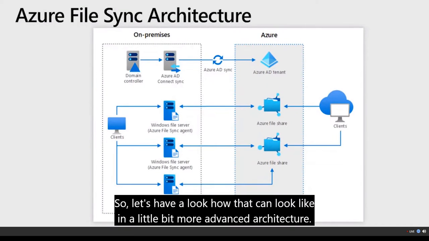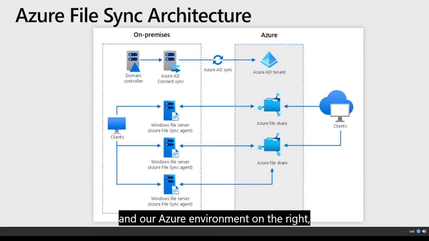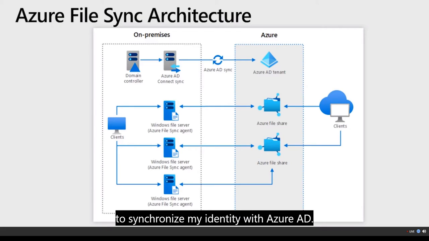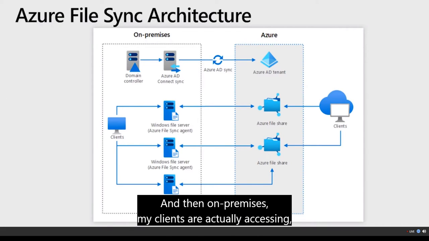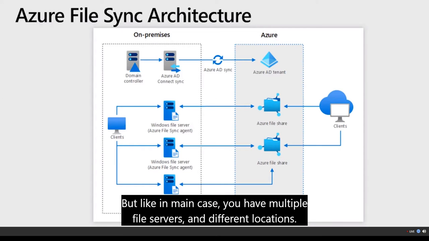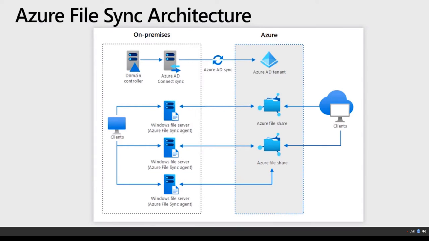So let's have a look at how that can look in a little bit more advanced architecture. When we have our on-premises environment on the left and our Azure environment on the right, you can see here I have a domain controller on-premises, and I use Azure AD Connect to synchronize my identity with Azure AD. And then on premises, my clients are accessing, for example, different file servers. In this case, it can also be just one, but in many cases, you have multiple file servers in different locations. And what we are doing with Azure File Sync is synchronizing these with an Azure file